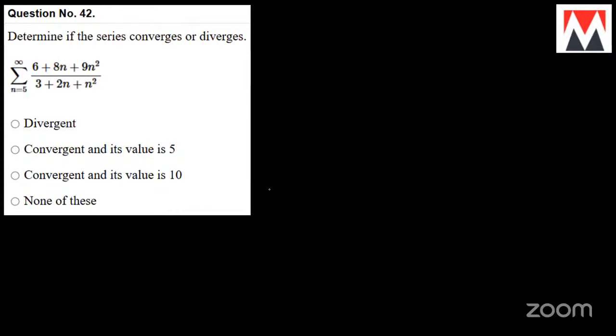Determine if the series converges or diverges. You have 6 plus 8n plus 9n square over 3n square plus 2n plus 1. See, whenever you have these kinds of problems, you divide everything by n square because the highest power in the numerator is 2 and the highest power in the denominator is also 2. So divide everything by n square. 6 by n square plus 8 by n plus 9, over 3 by n square plus 2 by n plus 1. So if these values